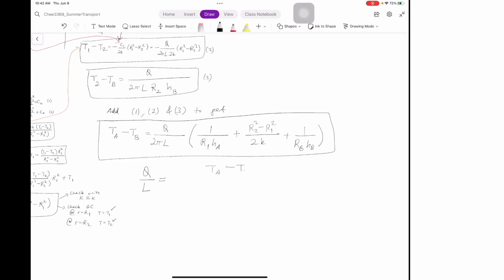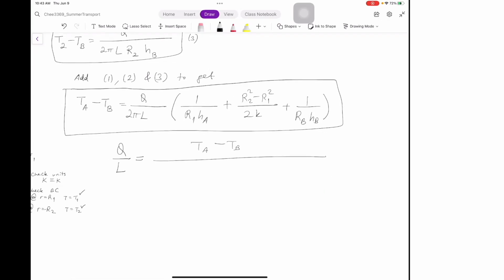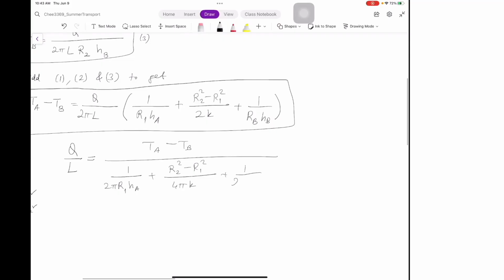TA minus TB divided by 1 over 2 pi R1 HA plus R2 squared minus R1 squared over 4 pi K plus 1 over 2 pi RB HB. There you go. So we found the heat transfer rate per unit length